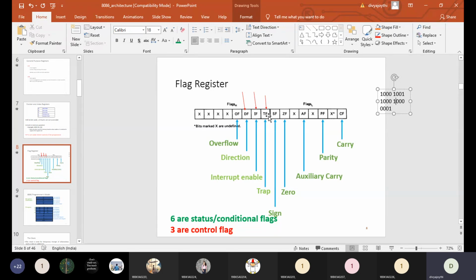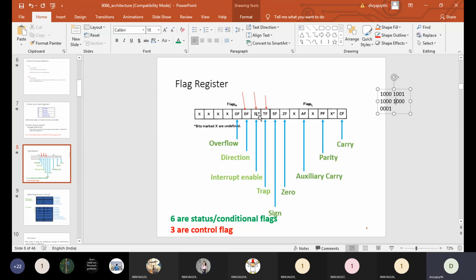That means you want to see the result of your program not as a whole, but in a step-by-step manner. If you are seeing your result in step-by-step manner, then automatically the trap flag will internally set. Did you understand this?